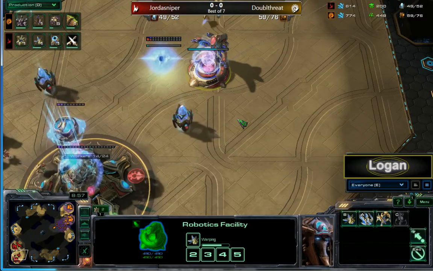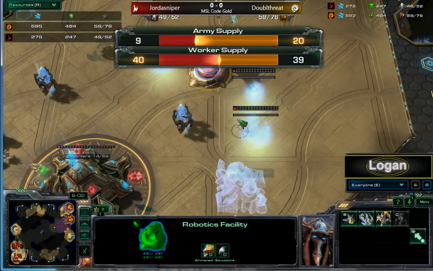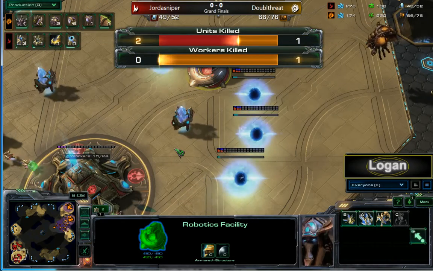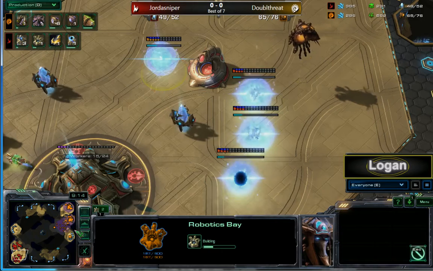So look at the army value. That's not the army value. There we go, 9 army supply to 20. There goes all the extra gateways. There we go. So now he's going to be able to start ramping up,